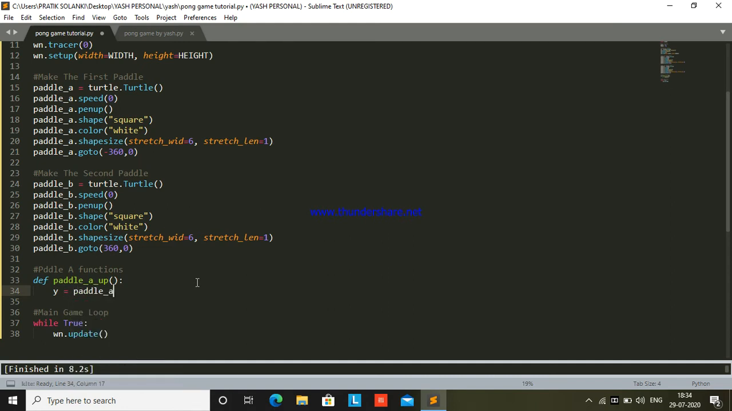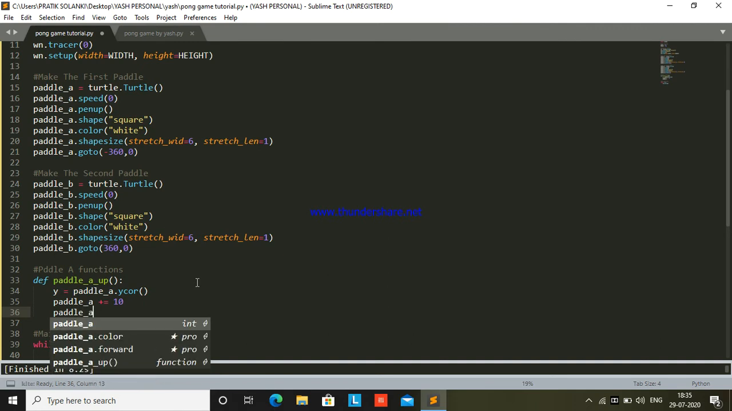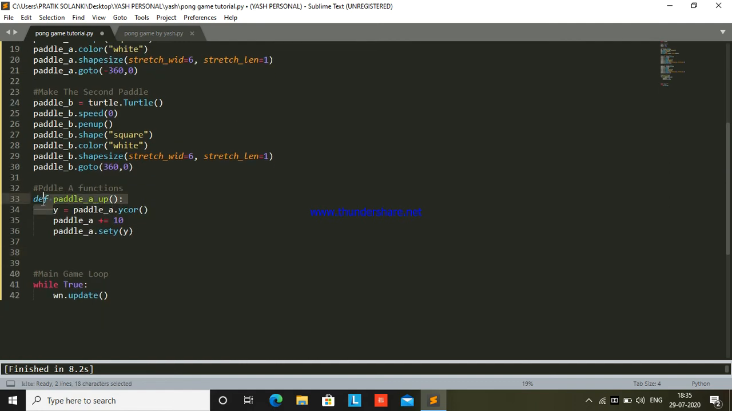Now if you have watched my first video of the actual Python tutorial, which is creating a double Pong game in Python, most of you would be familiar with how to do this stuff. So try and do it yourself. Paddle_a.ycor(), then what we want to do is y plus equals 10, and paddle_a.sety(y). And then actually let me just take this code